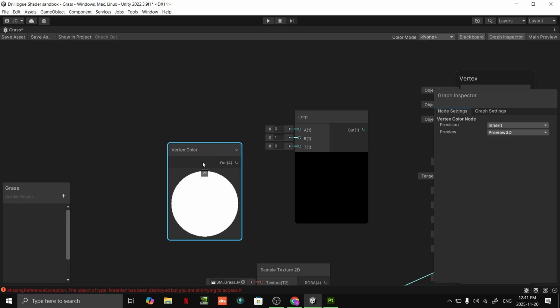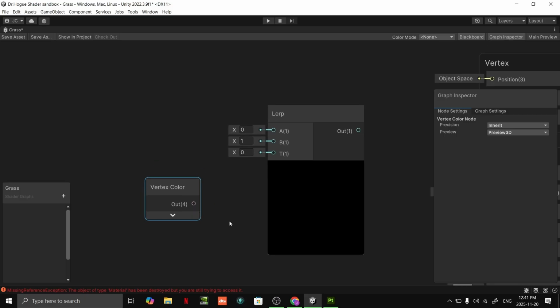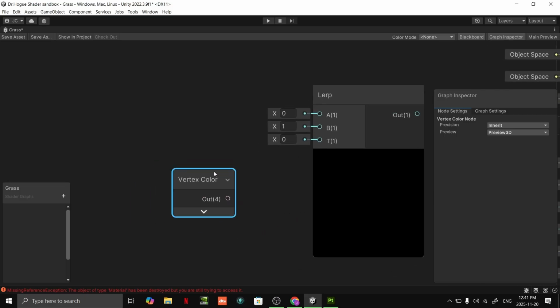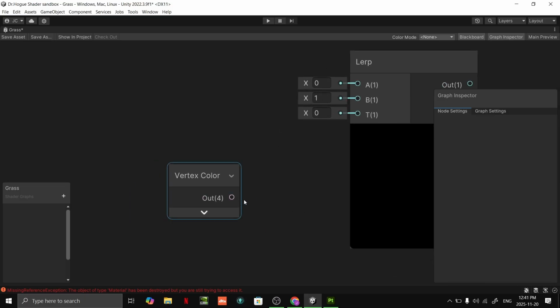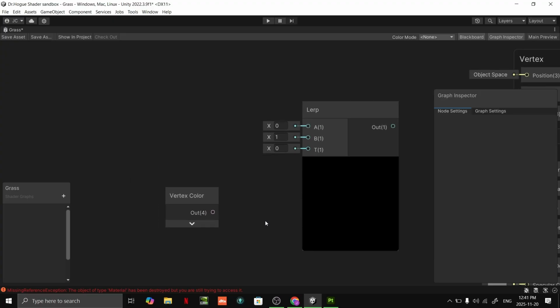And we have our vertex color here. And there is the output for, we're going to add that to T,